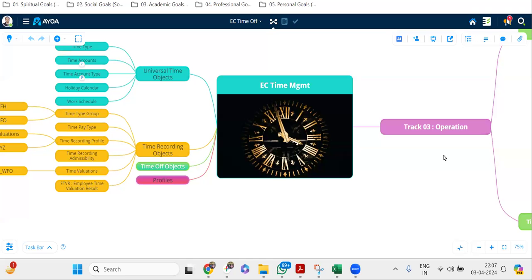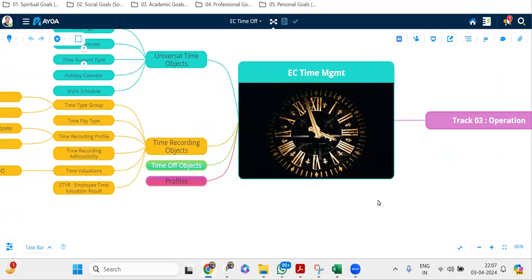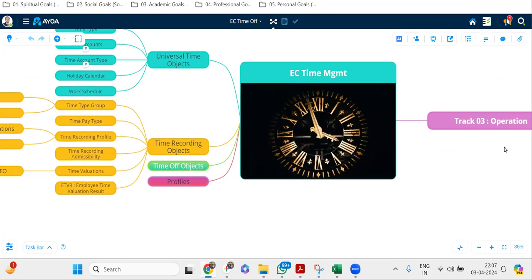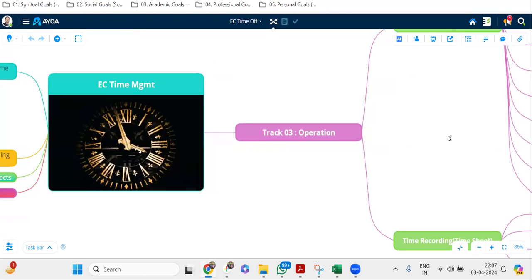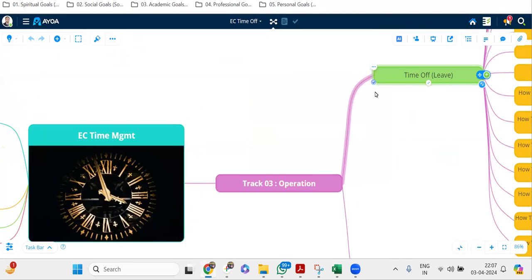So welcome everyone to our SAP SuccessFactors Employee Central Time Management and Time Tracking module. In this hackathon series, we will be focusing on the EC Time Management module. And for people who have a background in SAP HCM, I will say that